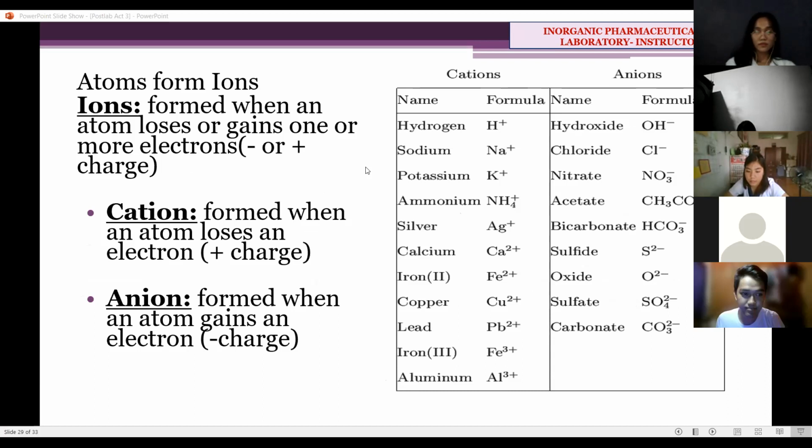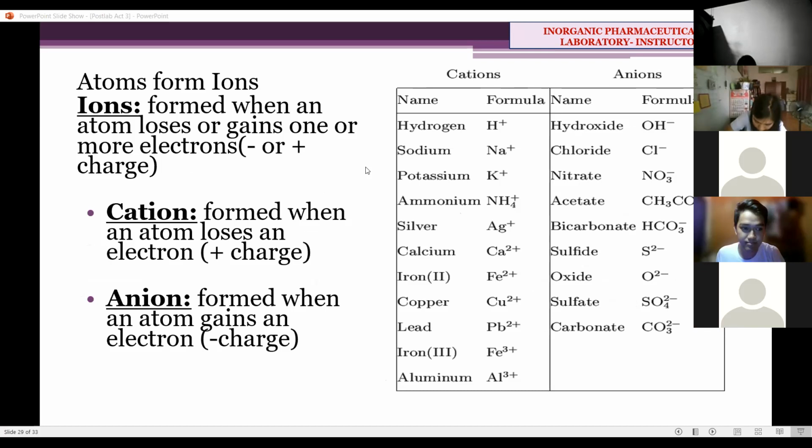Now, let's talk about ions. Do not forget, class, elements na na-charge are called ions. They become ions if they either lose or gain electrons. So we have two types of ions, the cation and the anion. Pag cation, class, your hint is here. The T in the cation gives you a hint that it is positively charged. So automatically, anions are negatively charged. We have examples here in the screen. The cations, most of them are metals and mga elements nato na positively charged.